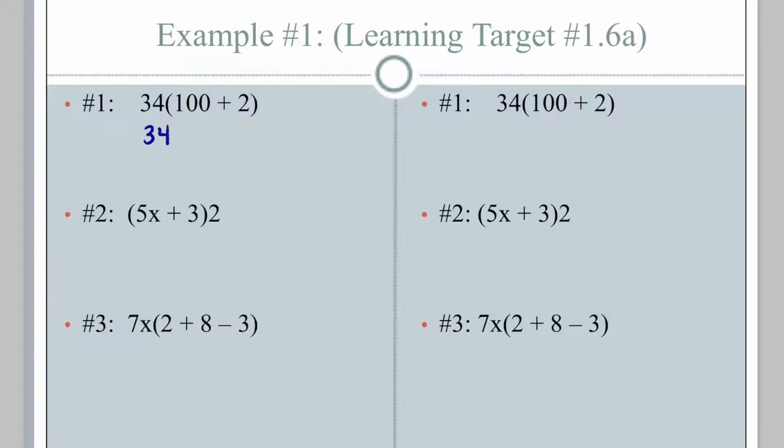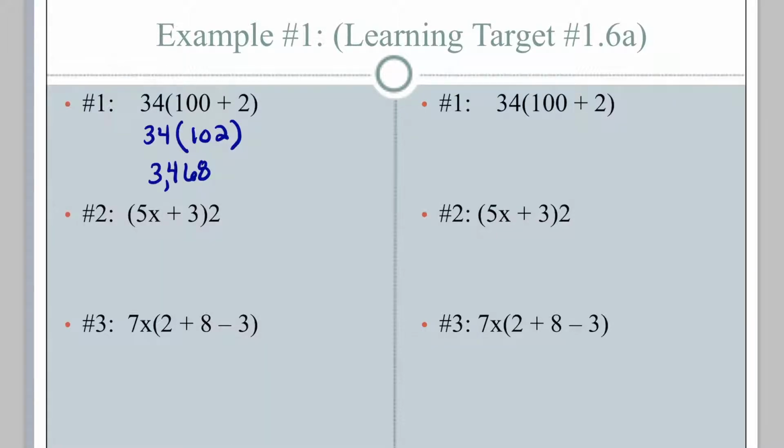So we've got 34 times 102. Notice all that I have done is add inside the parentheses first using the order of operations. At this point, I'm going to multiply. The implication is multiplication now. So 34 times 102 is